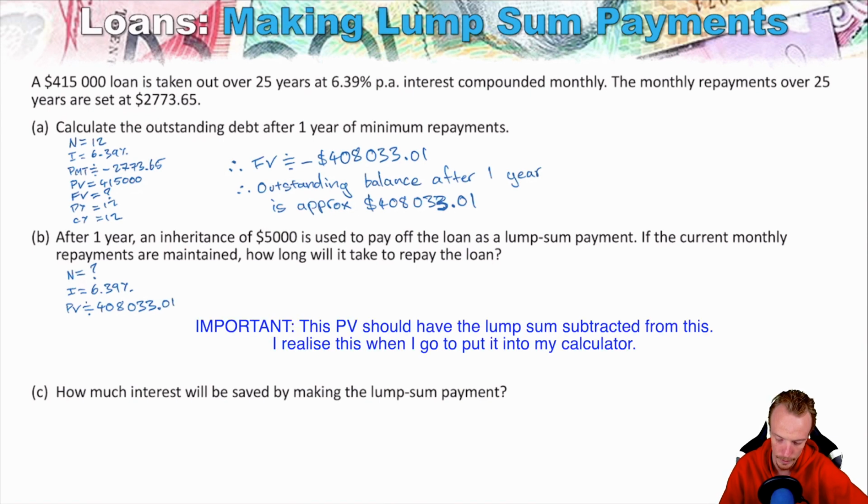So we obviously just pulled that down for what the balance was there. The PMT, we're maintaining that, so that's approximately $2,773.65. Future value, we're paying it completely off now. P/Y and C/Y are both 12 still, because the payments are monthly. Compounding is monthly. So therefore the N,